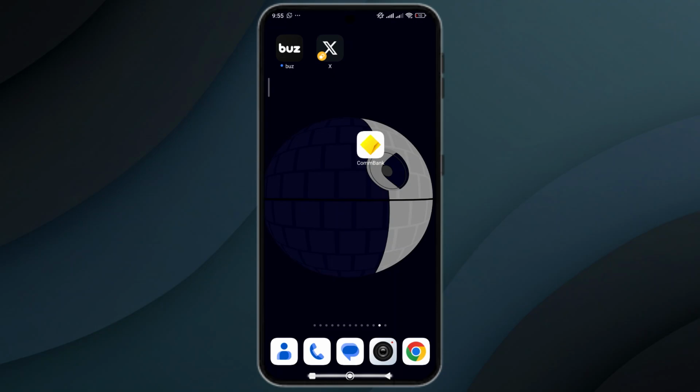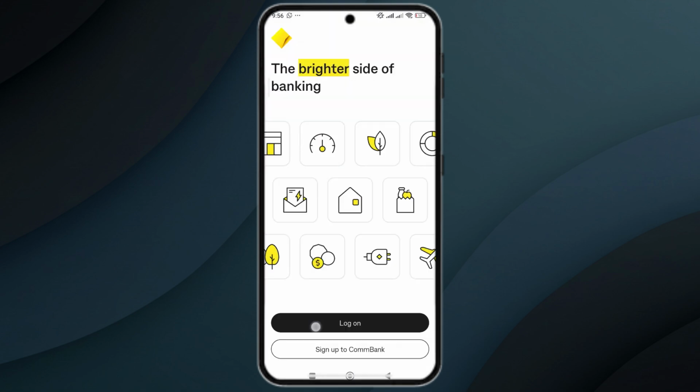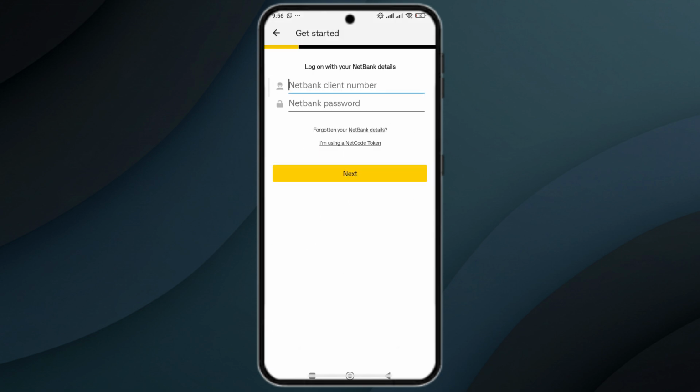If you want to cancel a direct debit with Commonwealth Bank, here's how to do it. First, open the CommBank app and log in. From the home screen, tap on the account where the direct debit is coming out. Then go to Settings or Manage and look